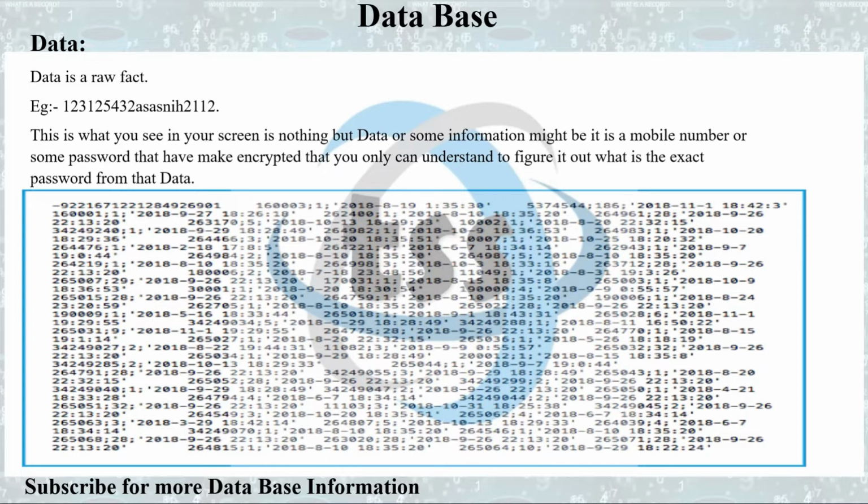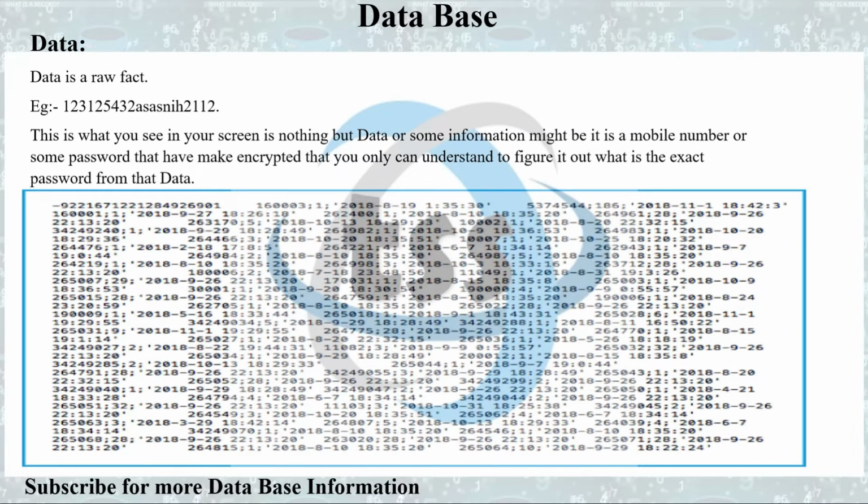Let's say for example, a meaningful information. As an example, take a password. Okay, a password is meaningful information for you. You can use the password with your login credentials to access your social media account, to access your system. So this is nothing but a data for you. If you can see this screen, right, over here we have one image where so many numbers and so many characters are there, so it represents a data of numbers.